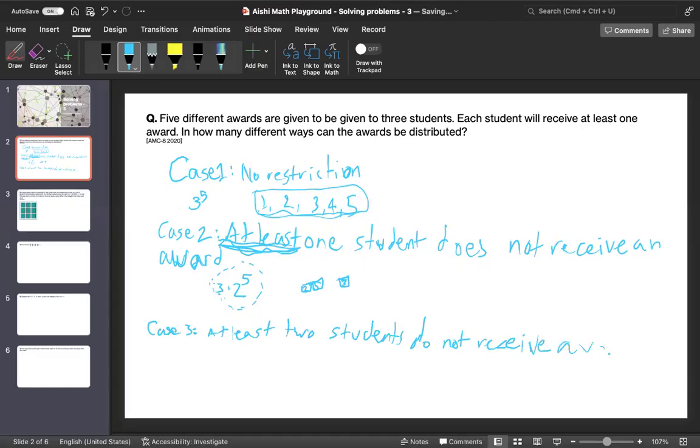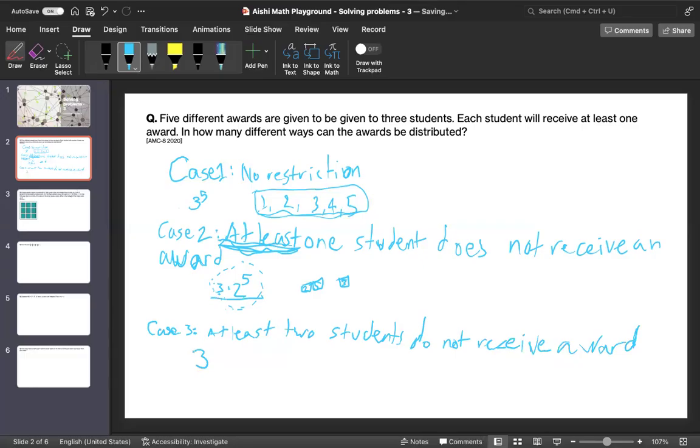All right, I'm a very slow writer. There we go. So only 2 students do not receive an award. We will add 3 because this case was already considered in case 2 here because it was at least 1 student does not receive an award, which also includes the 3 possibilities that at least 2 students do not receive an award,